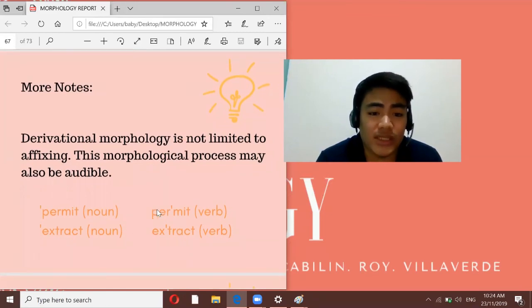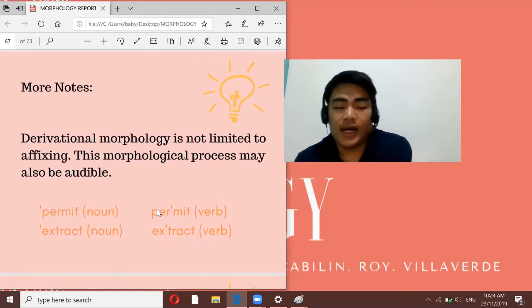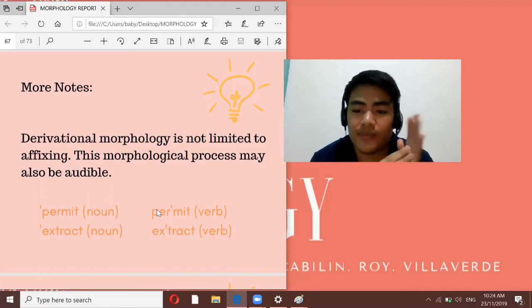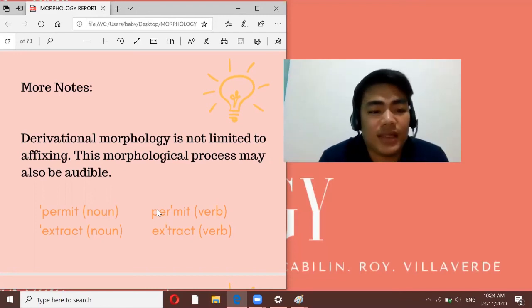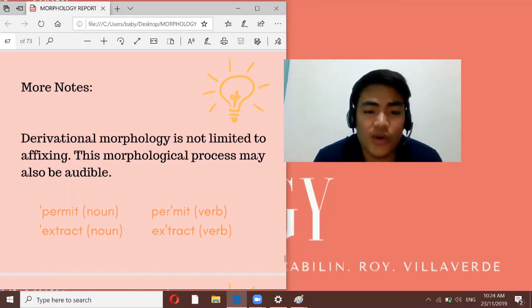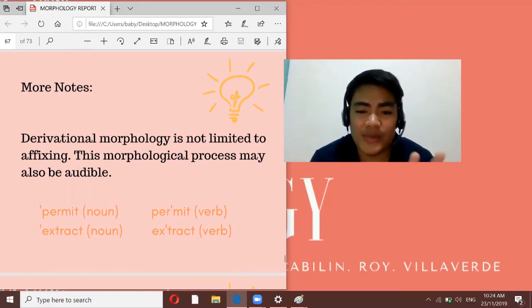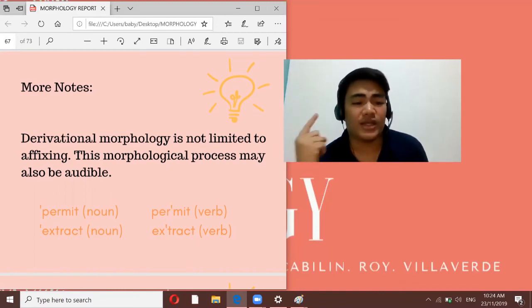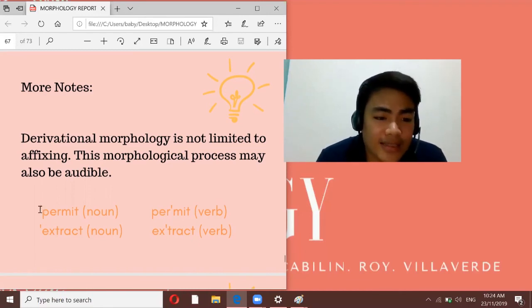More notes on this classification of morphemes. Derivational morphology is not limited to affixing. Affixing is the general term for adding prefixes, suffixes, and others. This morphological process may also be audible. Sometimes the morphological change is not visible to us, but we can hear them. Like in this case,